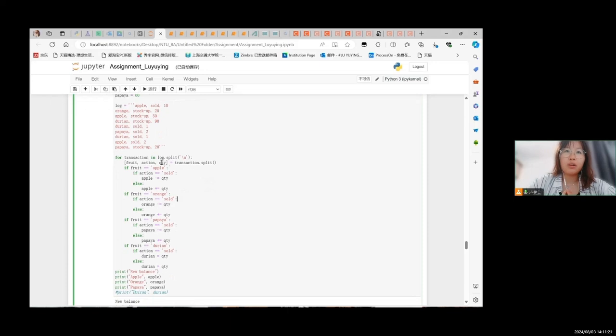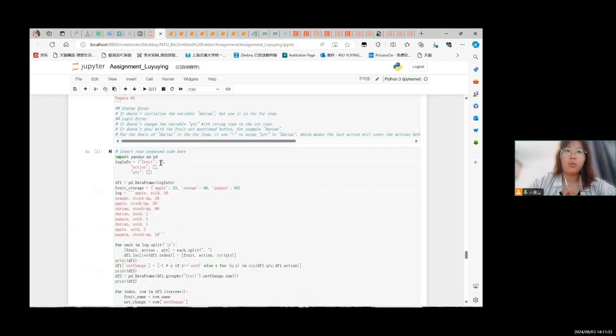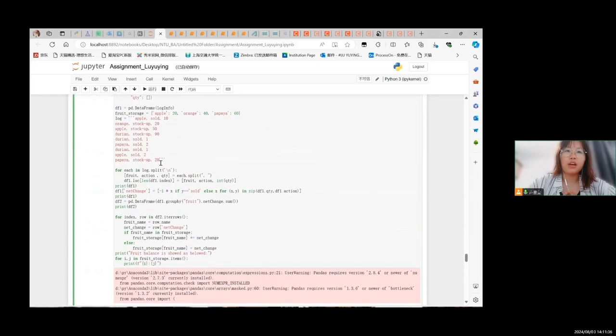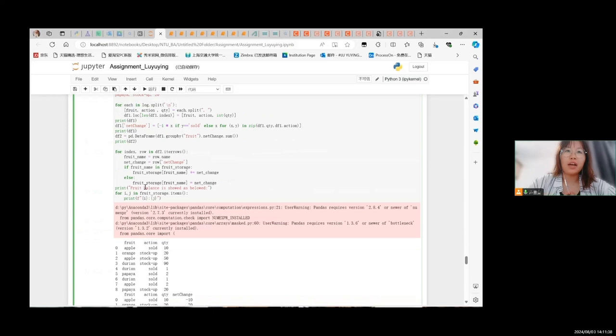The third problem is about the quantity type. For now, it's string type and it should be changed into int type. Well, I use the method I've learned in class. First, I input all of the information into data frame df1, and then I use another